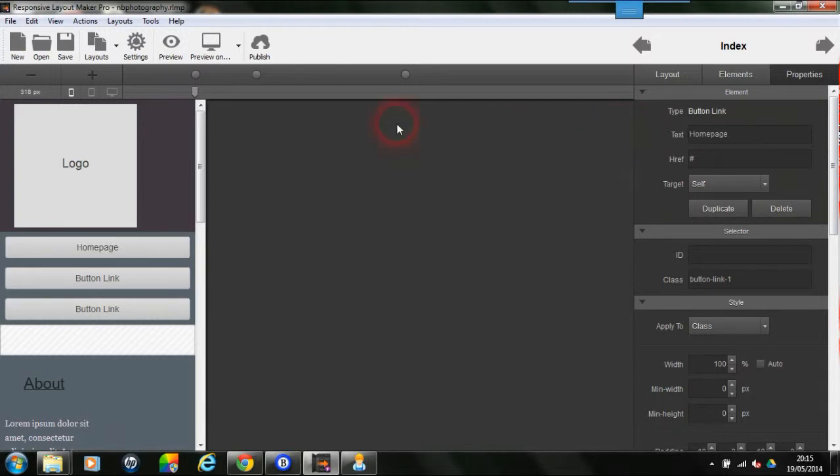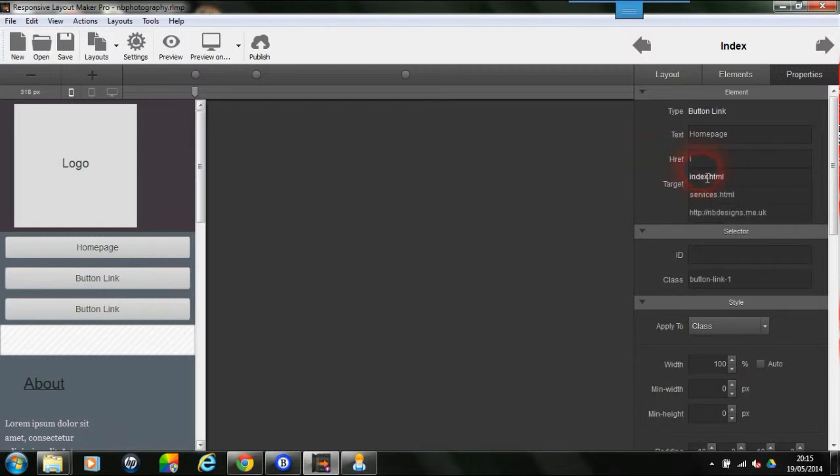These buttons on here, by the way, not that I've found anywhere, you can't use style sheets to make them a different color. You can when you edit them, but for some reason you can't do it on the responsive layout maker. I can't really work out why that would be, but anyway, and we use index